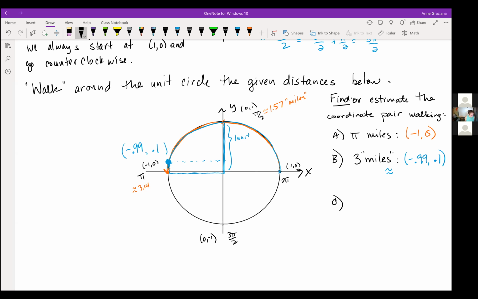part C. So I guess this would be one good reason for using something like this. Let's go 5 miles. Okay. I'm going to try to keep the same circle, so I have to keep redrawing it. Let me try to use purple. Okay, so again, we always start at the beginning, and I'm going to sweep out. You guys tell me